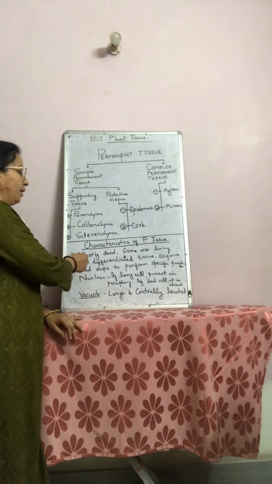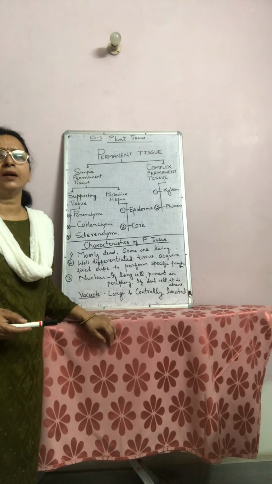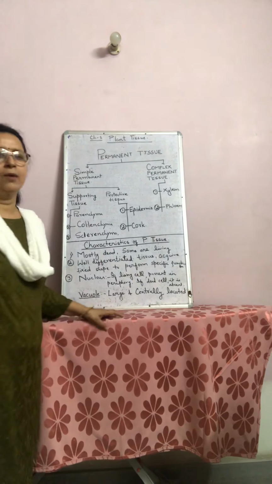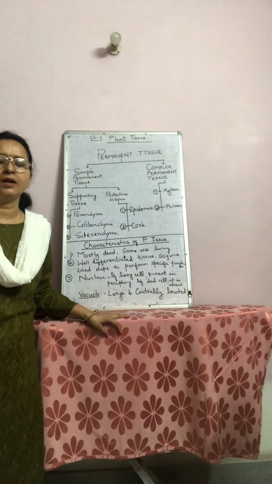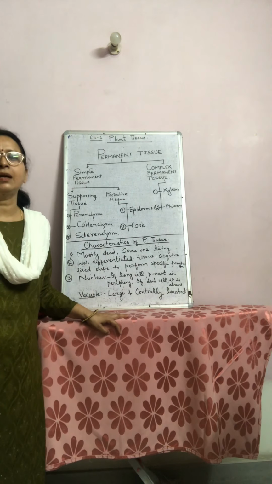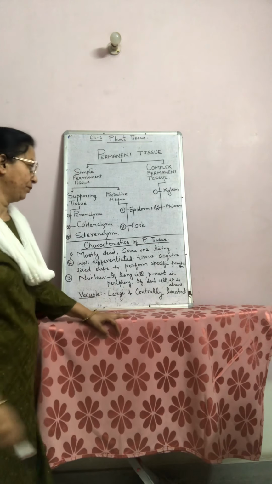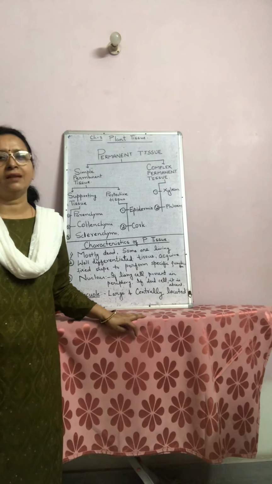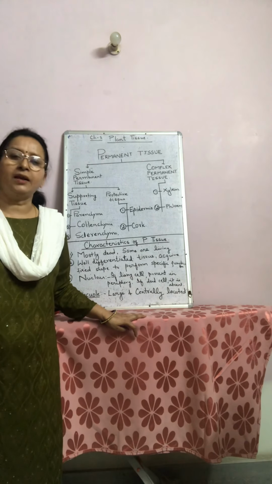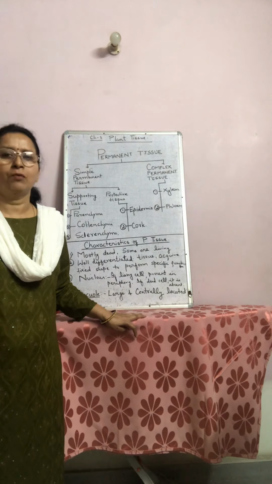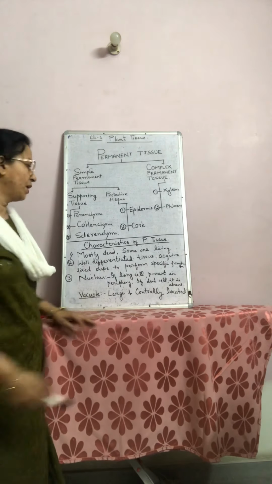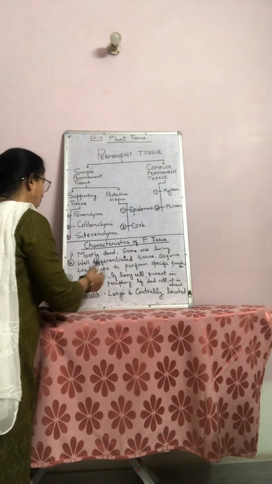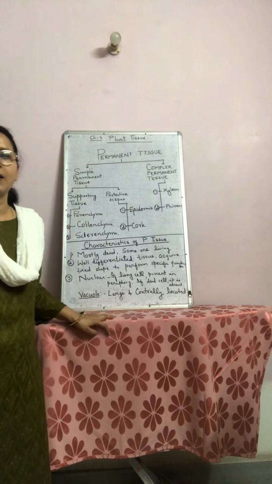First, you will find most of the permanent tissue are dead in nature, some are living, which is given in the first point. Most of them are dead in nature because they have to perform mechanical support to the plant body. Second one is, when we see any permanent tissue, we find its cells are well differentiated. It acquires a definite shape. Why? Because it has to perform a specific function, which is given in the second point. Well differentiated tissue acquires a fixed shape to perform a specific function.